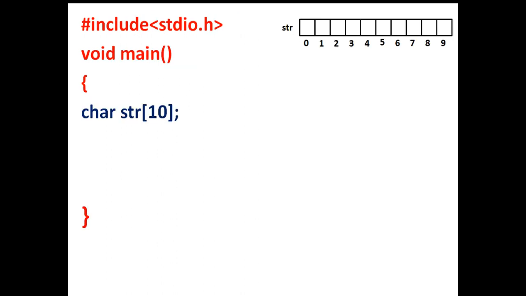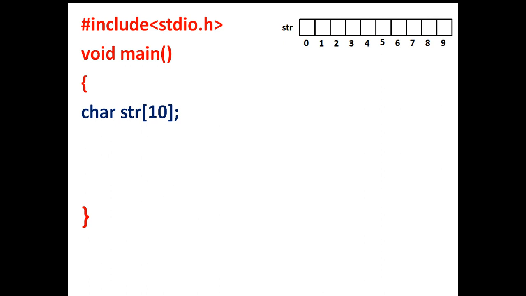So now we have taken a string variable str and we have given size 10. You can give size according to your need. So str is a string variable. A string variable is always declared with char data type. And when the compiler reads this statement, then the compiler goes to memory and finds 10 empty memory locations.